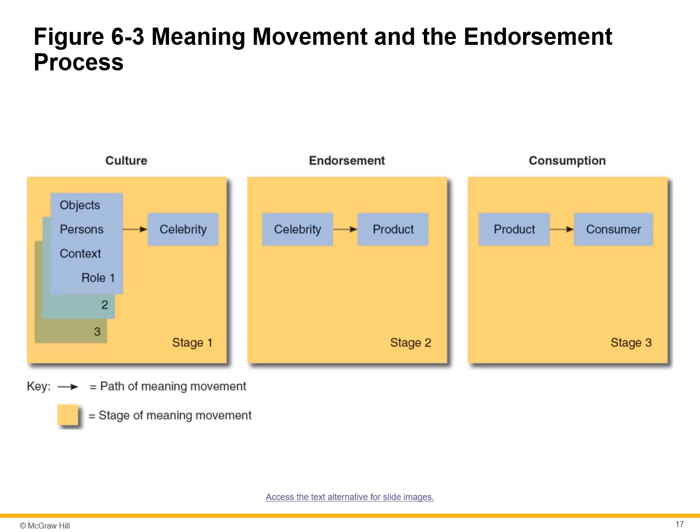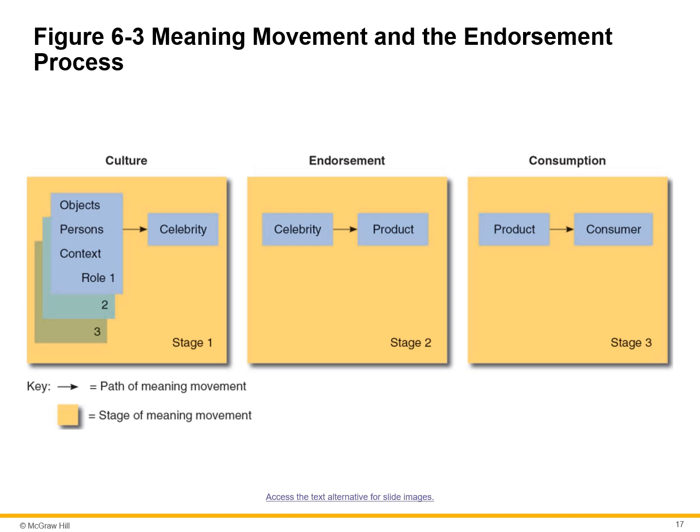That's our culture. So the arrow is a path of meaning movement, and this is stage one. We have to have a culture, a celebrity,